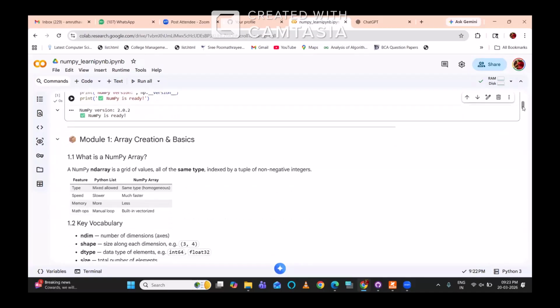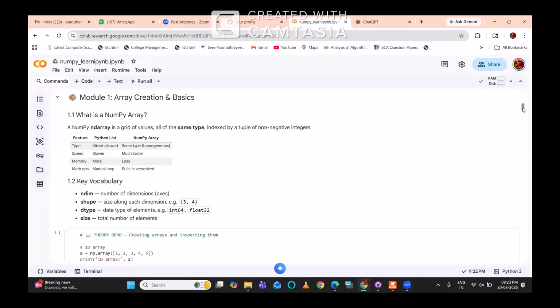Down. Yeah. Module 1, array creation and basics. Okay. So what is a Numpy array? As I said, a Numpy ndarray is a grid of values, all the same type, indexed by a tuple of non-negative integers. Okay. So whenever we need to manipulate a list of values, you can use Numpy arrays